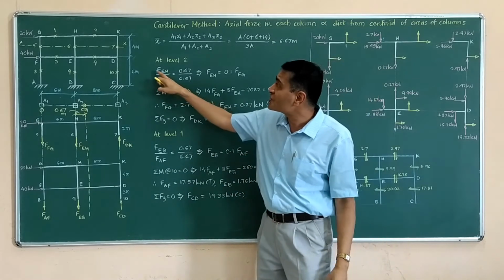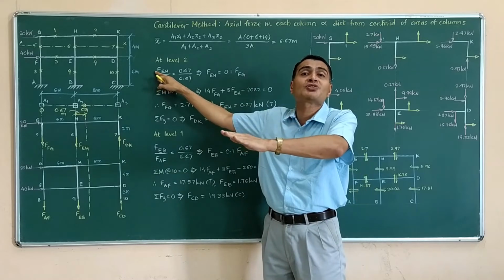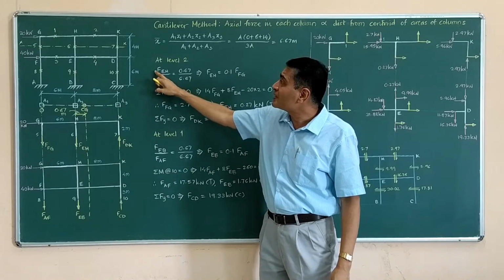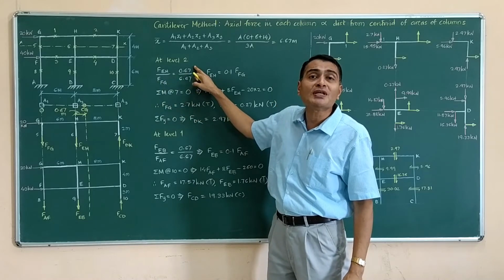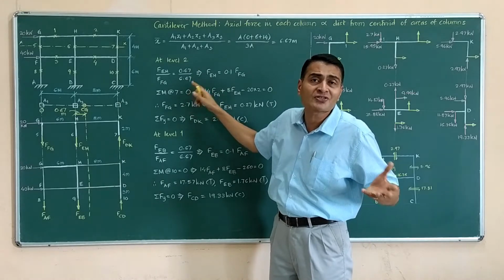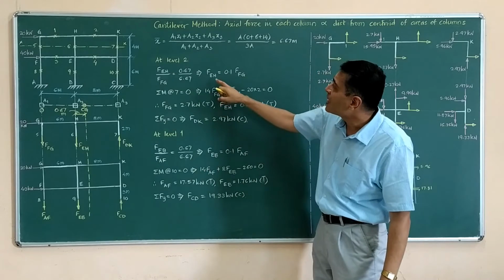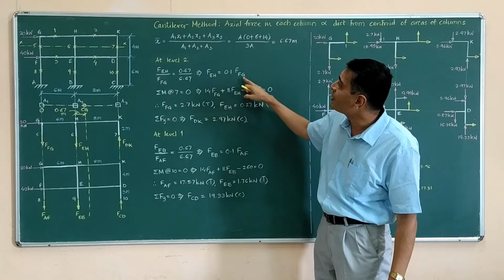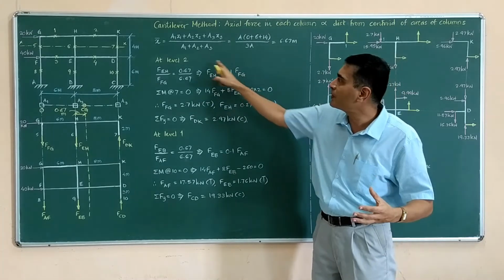So since the force is supposed to be proportional in magnitude to its distance from the centroid, force in EH upon force in FG is equal to the distance of EH from the centroid upon the distance of FG from the centroid. That is the simple equation I have written. That gives me F of EH is equal to 0.1 times F of FG. A very simple